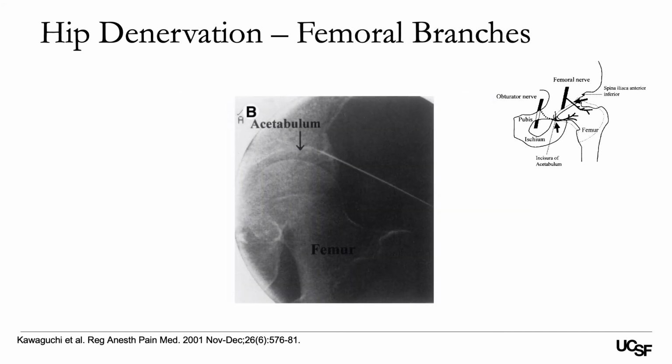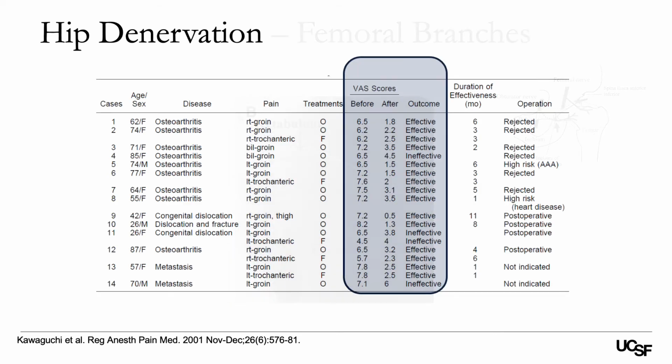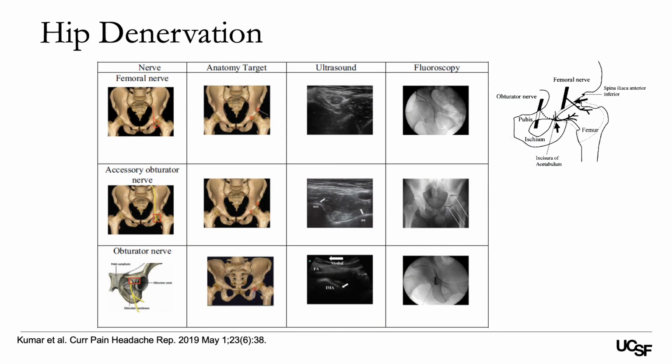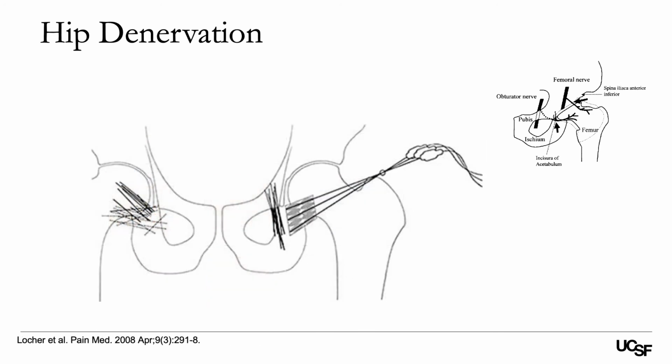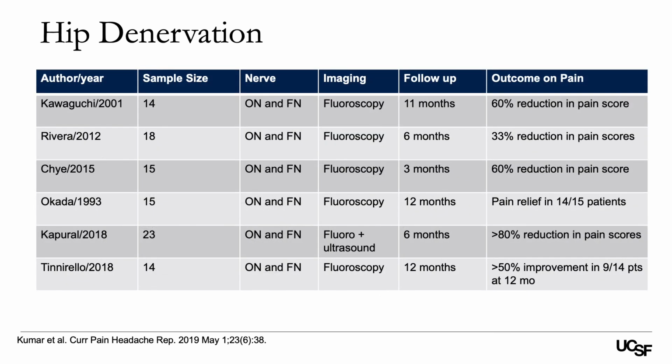To target branches of the femoral nerve, the electrode was inserted from below the anterior superior. The authors reported visual analog scale scores before and after. At this time, radiofrequency targets for denervating the hip joint focus on the anterior joint. Because of the variability of the course and number of branches of the articular nerves innervating, hip denervation has the